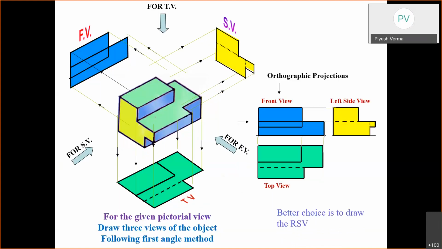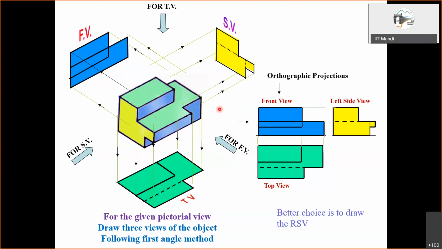So maybe one more example we can have a look at. We have to judge it ourselves, or if there is a choice, then you can judge it like this to decide. Suppose only the object is given, like for this case, and you have been asked to draw a front view, top view, and side view for this. Then the choice for the front view, whatever is there, is good. The choice for top view is anyway fine. But the choice of right side view will be a better choice.